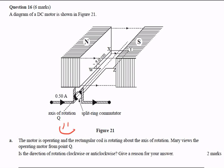So what I'm going to look at is side WX. The current, you can see, comes in here, this arrow, touches here and then goes along this way. We have our field lines going from north to south, so we're going to use the right hand slap to figure out the force on this wire here. So to set my hand up like that,